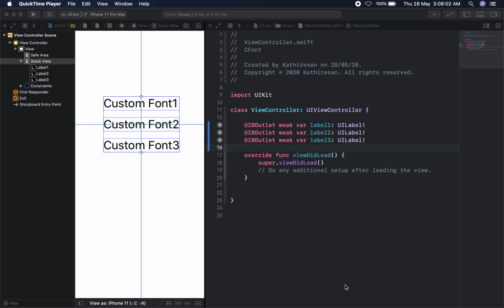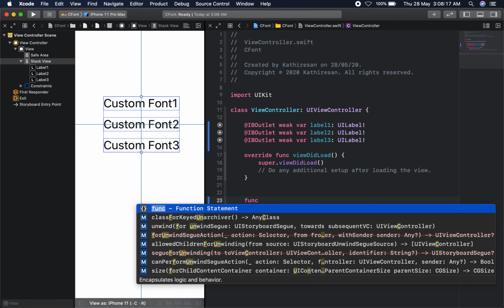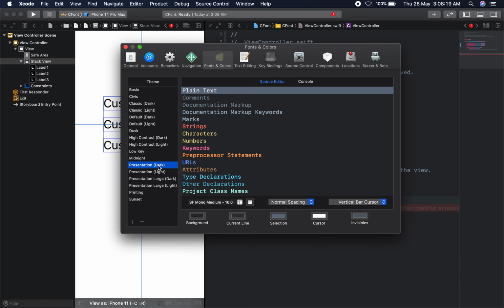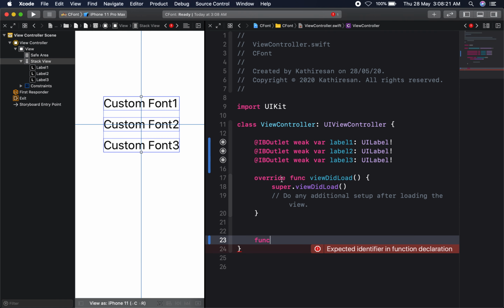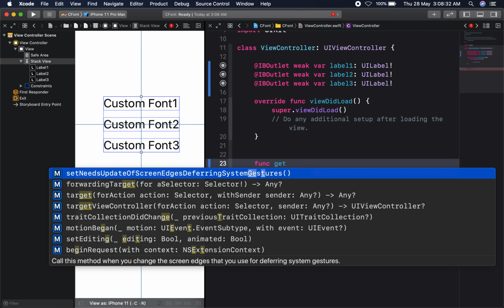So first I am going to print all the fonts already in the system. Now I am going to write a function about how to print all the fonts already available in the system.